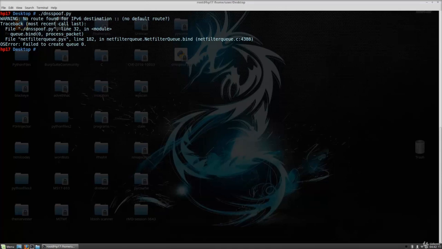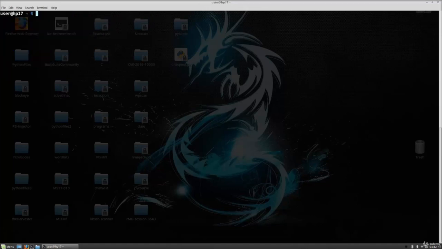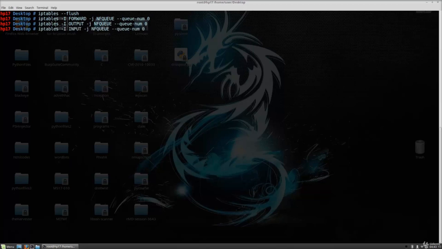Let me just see, failed to create queue 0. Okay, so what I will do is close my terminal and open it once again. I will run all those four commands once again, so I don't get the error a second time. Okay, and now if I try to run the program,